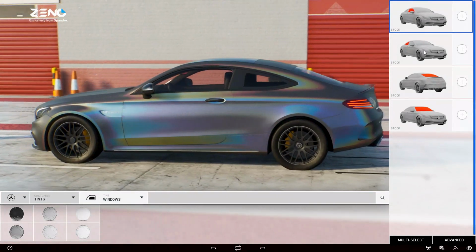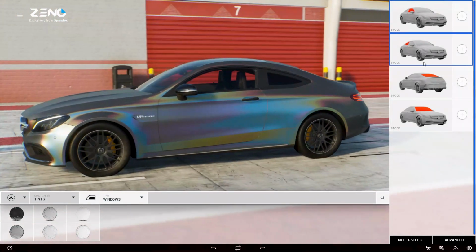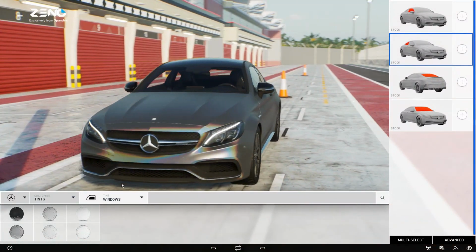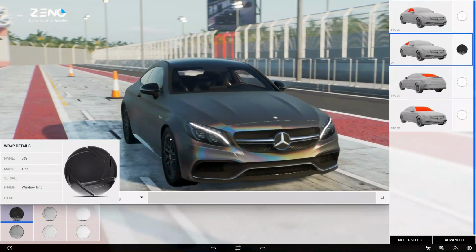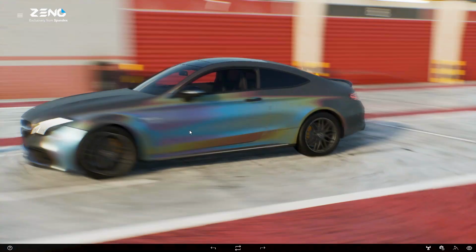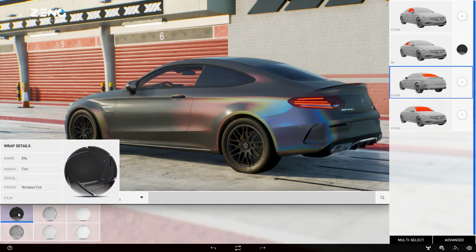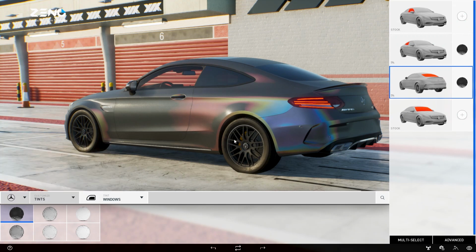Again, we are using the right bar to select our window first. We choose the side windows and use a black one. So you can see here, you can look through this window, but here it's blacked out. We are also using the black tint on the back window, as you can see here. In most countries, you're not allowed to wrap the front windows.